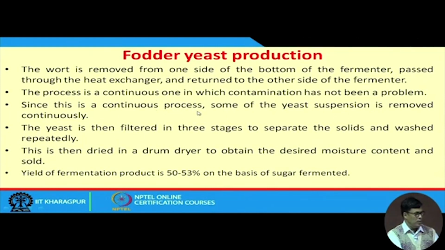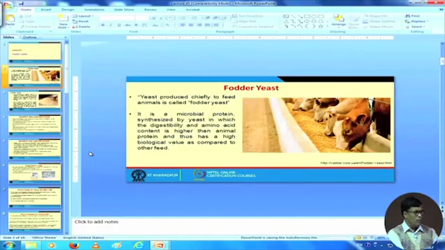Since this is a continuous process, some of the yeast suspension is removed continuously, and the yeast is then filtered in 3 stages to separate the solids, and washed repeatedly. It is then dried in a drum dryer to obtain the desired moisture content, and then it is sold. The yield of the fermentation product is about 50 to 53% on the basis of sugar fermented. So this is more or less all about